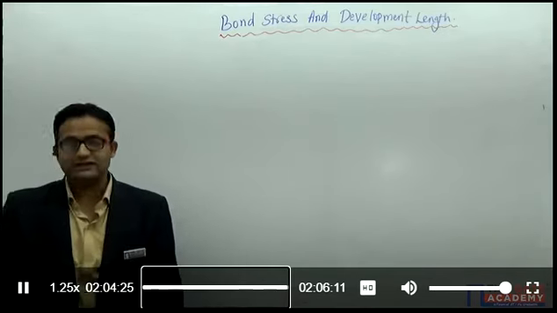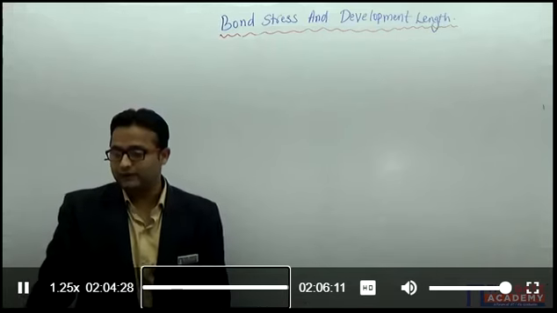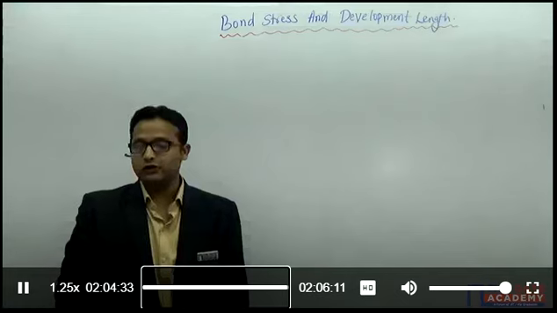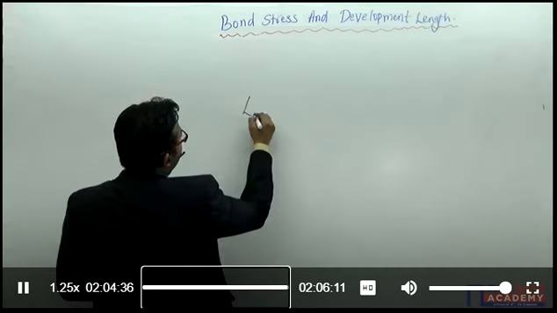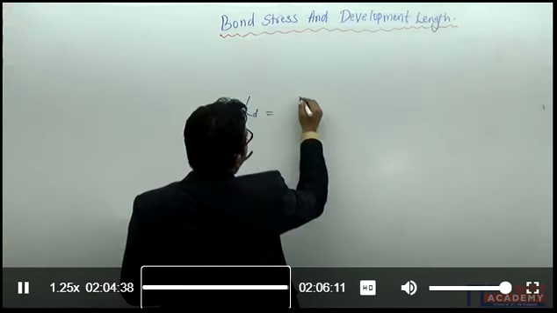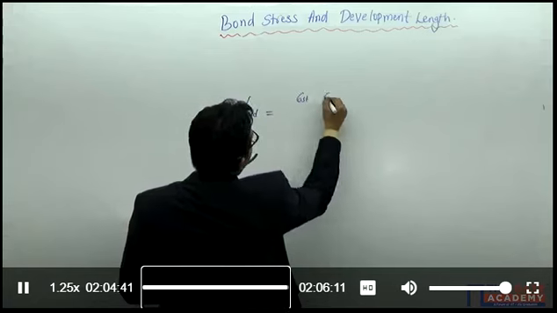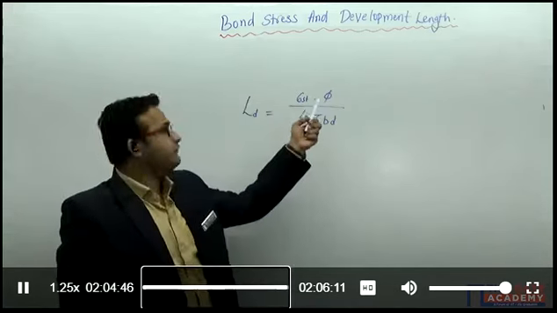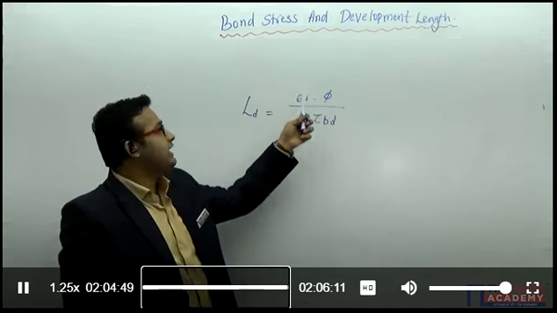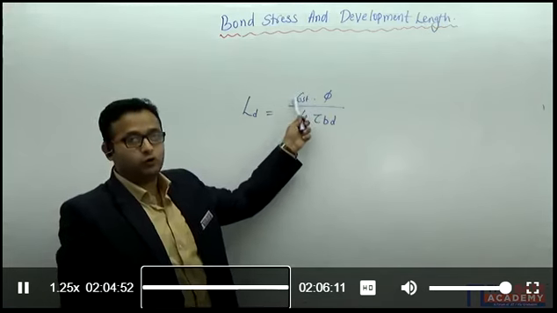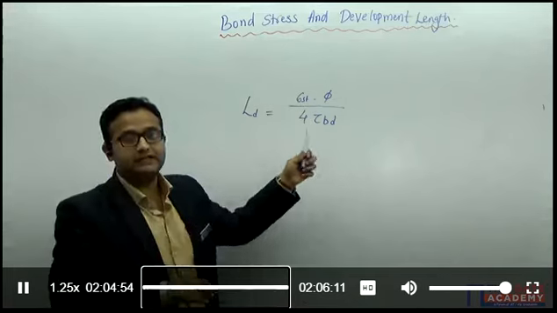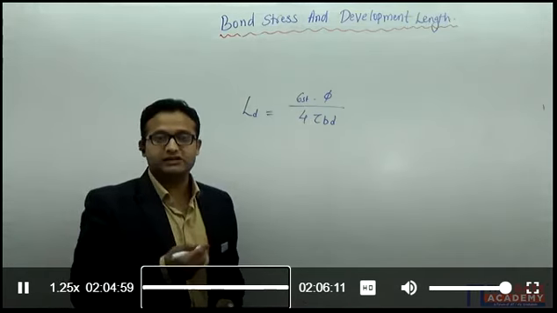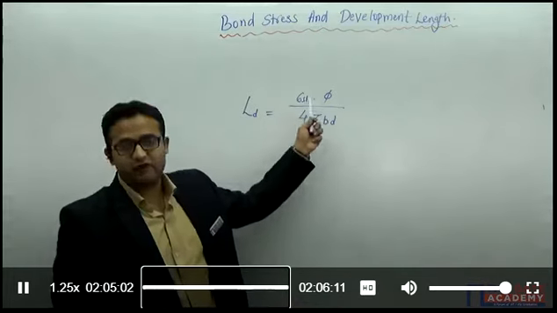So now, for this GATE 1996 for 1 mark, actually, this question is wrong. We know the formula of development length, it is equal to sigma st into phi divided by 4 tau bd. If you are talking about the tensile reinforcement, definitely it will be 0.87 fy. If it is in the compression reinforcement, we know how to calculate f sc in the doubly reinforced beam. We have calculated the stresses in the compression reinforcement. So sigma st will be f sc.